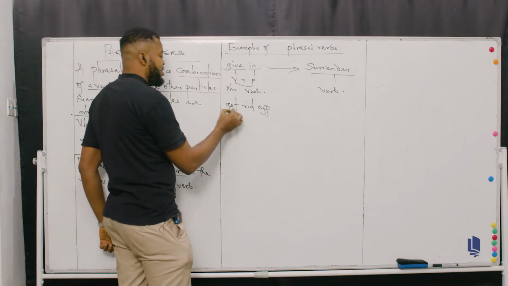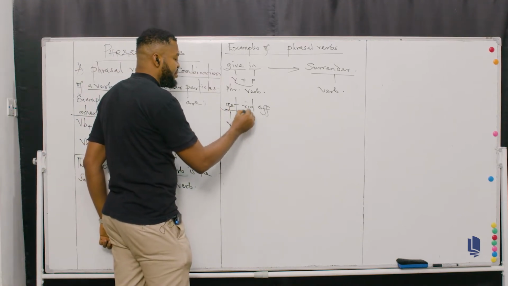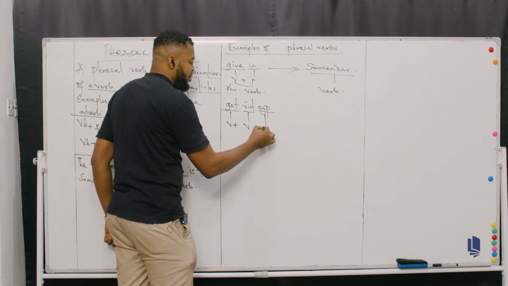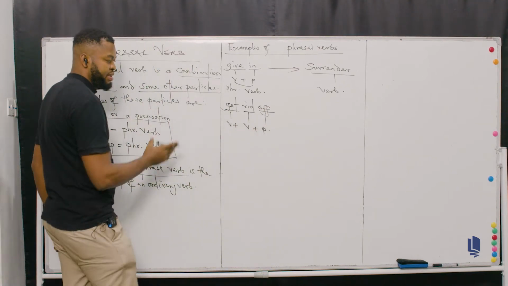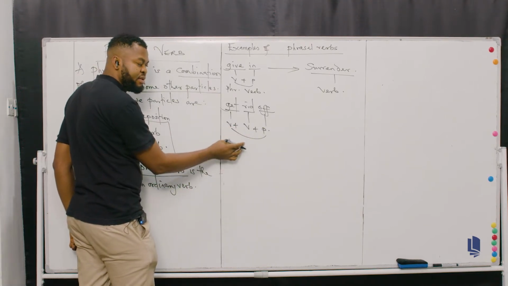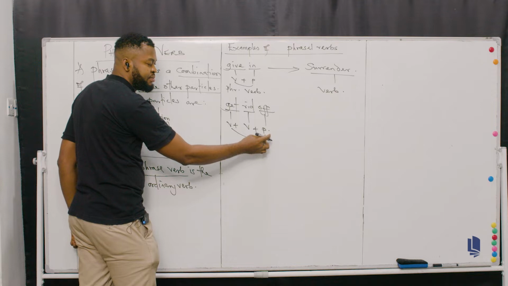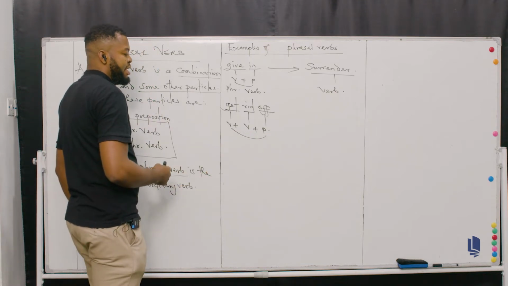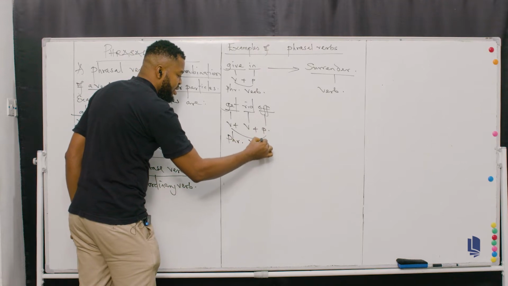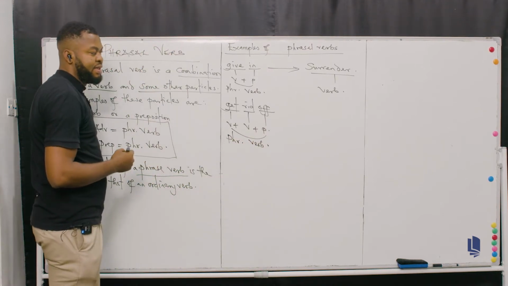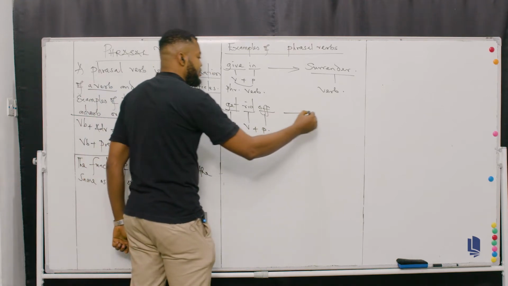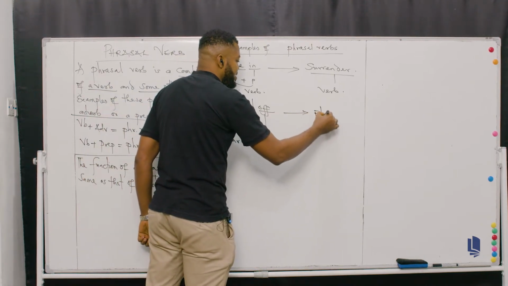So here you have a verb plus another verb. Then you have a preposition. You can see the combination. So when I combine these two verbs plus a preposition, now what you would have is a phrasal verb as well. Can you see the analysis? And here, to get rid of could mean to eliminate,